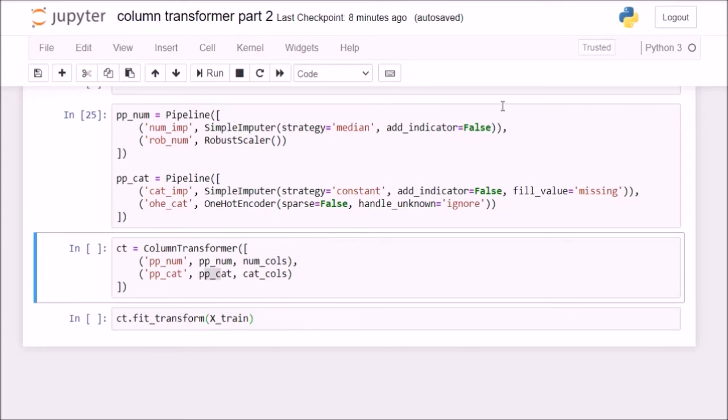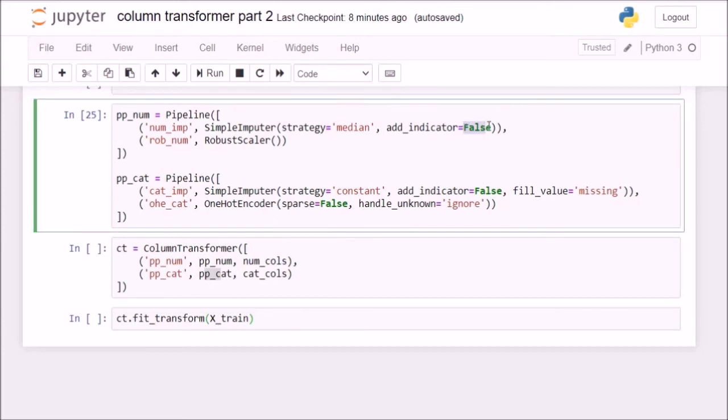Because if you just think about it, if I set add_indicator equal to true here, then after the pipeline is done with this step after imputing, I'll have two extra columns, right, for the age column and the hours per week column, two indicator columns. Then those are numerical columns, right, ones and zeros. So when I do this robust scaler next step, those two columns will also be robust scaled, and that is undesirable because these two columns are my indicator columns and I just need to keep them zeros and ones.